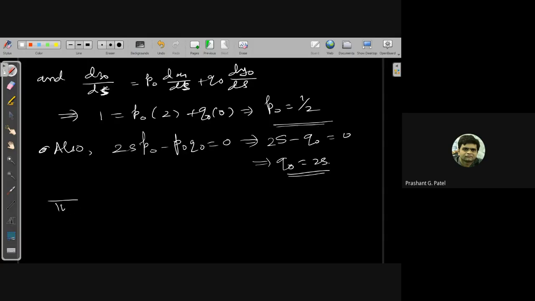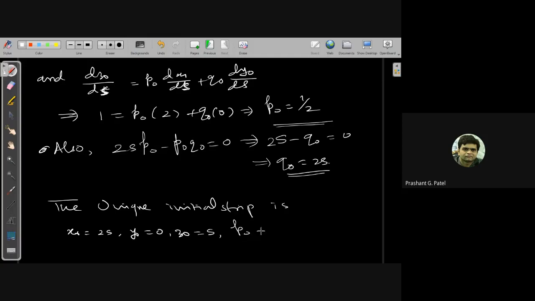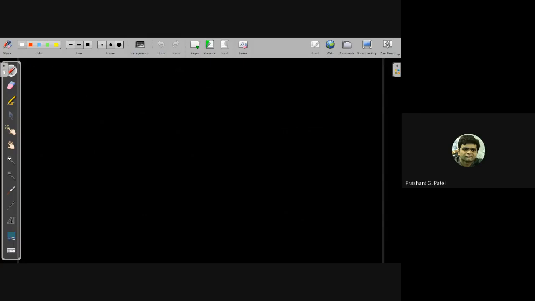So the unique initial strip is x0 is equal to 2s, y0 is 0, z0 is s, p0 is 1 by 2, q0 is 2s. This is the initial strip and it is unique. Now we have to solve the characteristic equations. So the characteristic equations